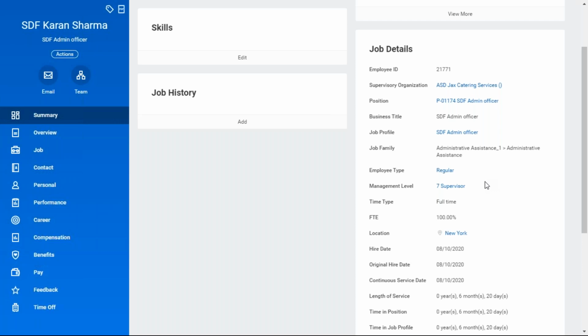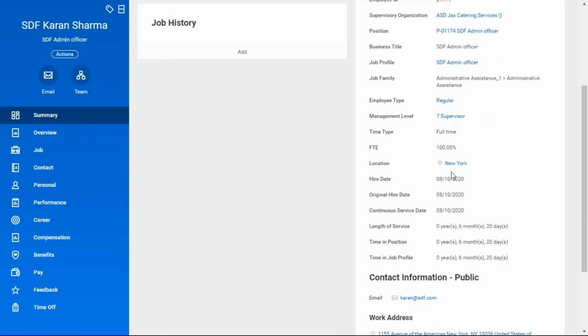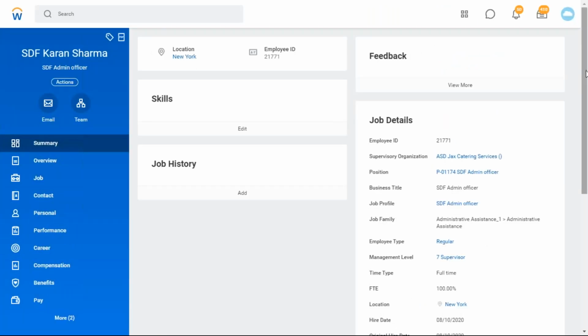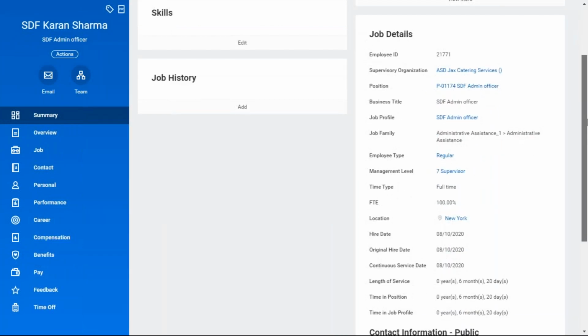But in Workday, you cannot create it like that. Whatever order Workday has given, you have to follow. If I want to insert one field in between these two, it's not possible. If I want to remove one of the fields, mandatory or optional, it's not possible. Whatever Workday has given, we have to use it. 95% customizations are not allowed in Workday. We have to use the delivered features 95%. Only 5% customizations are available.